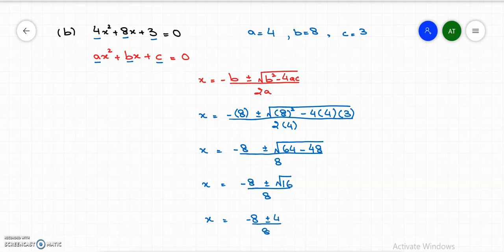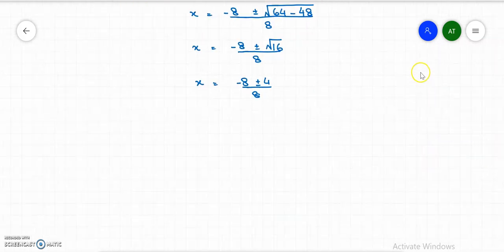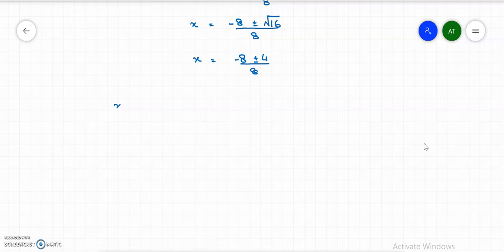Now we have two x values. Let's split them. Okay, so it would be x equals to negative 8 positive 4 divides 8, and x would be equals to negative 8 negative 4 divides 8. Okay, here we have x equals to negative 8 and positive 4 would be equals to negative of 4. So negative 4 divides 8. So here the x value would be equals to negative 1 by 2 when we convert it into the lowest form,